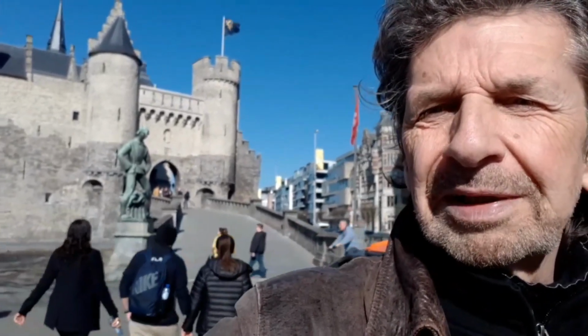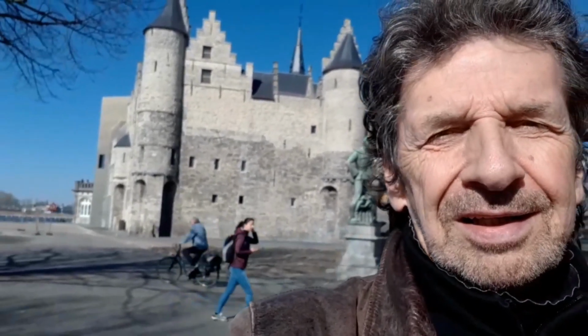The castle here behind me was built in the 12th century, between 1200 and 1225. So, as you can see, it's still standing. And of course, over the years, they probably did some fixings and renovations to bring it up to date, like after hundreds of years it needs to be fixed. However, what they did now is they actually added an addition to this castle,